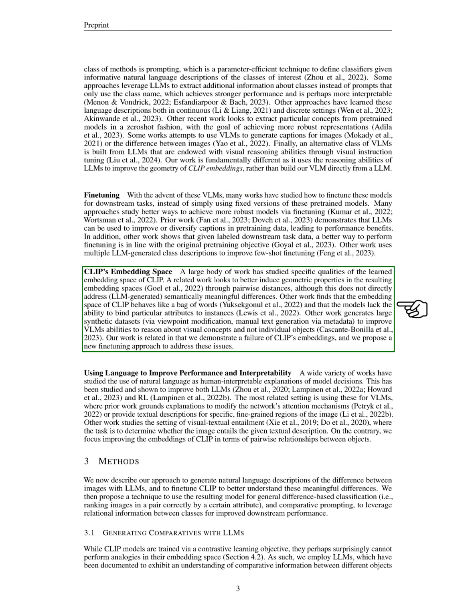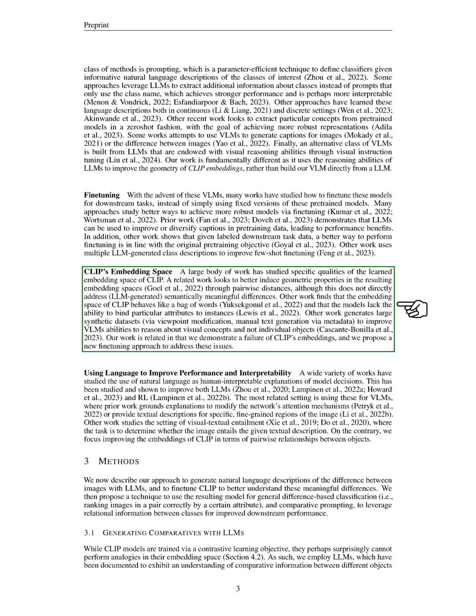Some work aims to improve the geometric properties of this space through pairwise distances, although this doesn't directly address meaningful semantic differences generated by LLMs. Other studies reveal that CLIP's embedding space behaves like a bag of words, lacking the ability to associate specific attributes with instances. Furthermore, some researchers create large synthetic datasets to help VLMs reason about visual concepts rather than just individual objects. Our work relates to this by highlighting the shortcomings of CLIP's embeddings and proposing a new fine-tuning method to